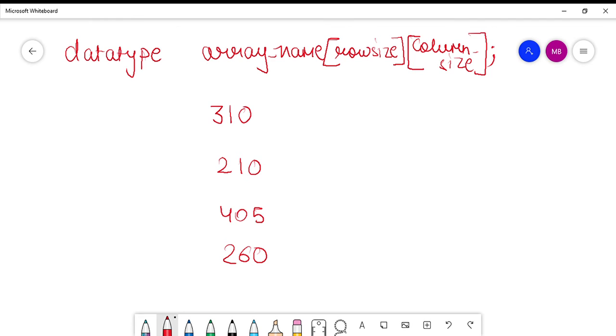So this is the first column. Then the second column has values like this. Then the third column has values like this.